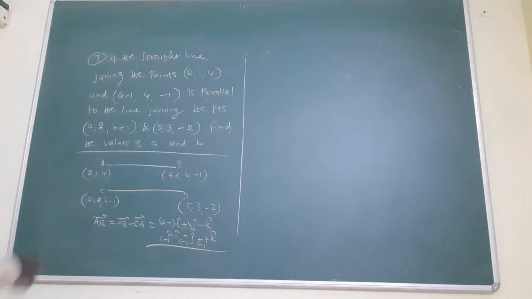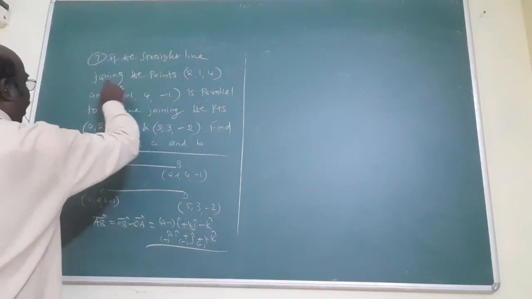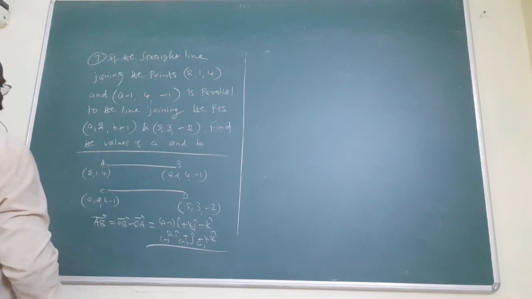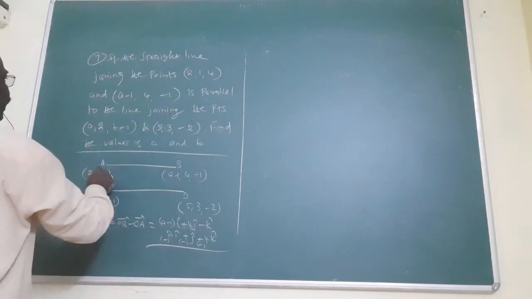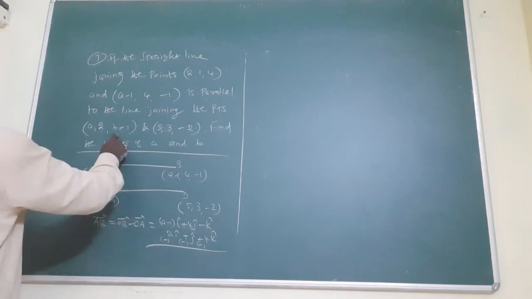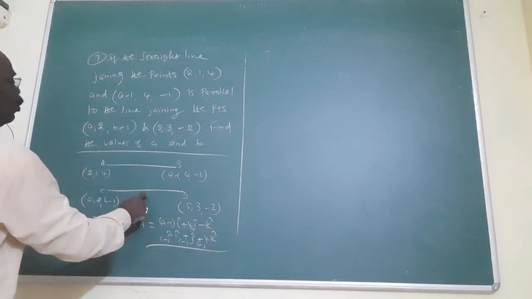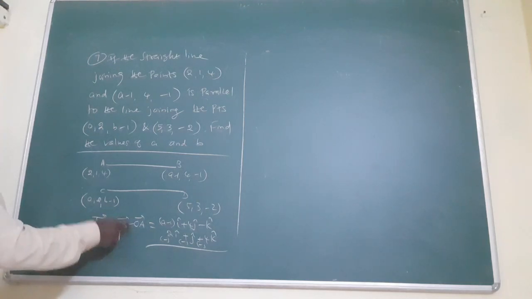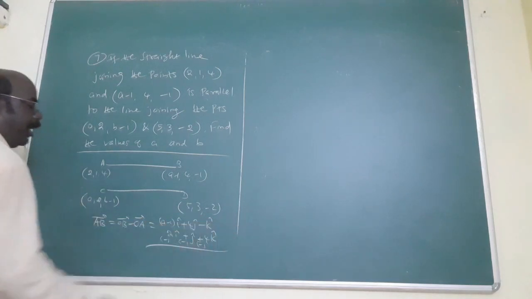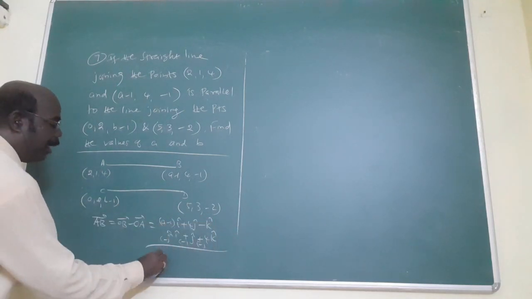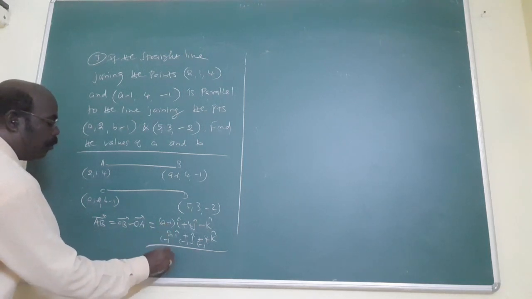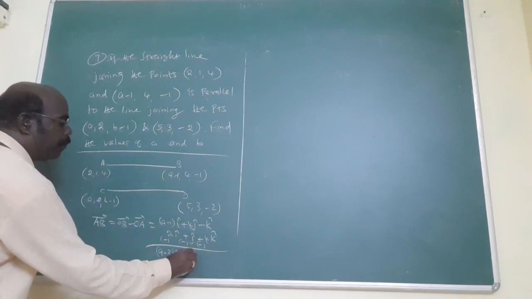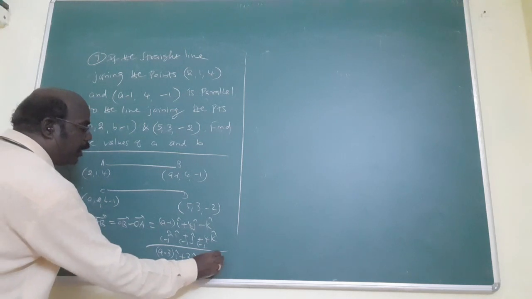Now, seventh question. Find the value if the line joining the first two points is parallel to the line joining the second two points. Find the value AB. First points A and B, this one is the first line. Third and fourth, C and D, this one is the other line. These two lines are parallel. That means what? Find AB. AB means what? OB minus OA. Now change sign. What is the answer? Minus 1 minus 1 no, minus 3 i cap. Next is what? 4j minus j, that is 3 j cap. Here minus 5 k cap. Am I right?